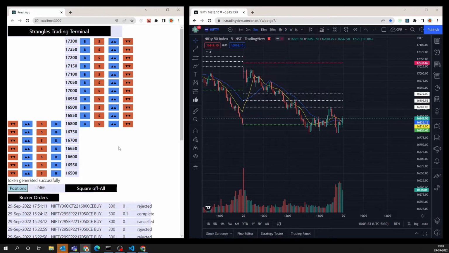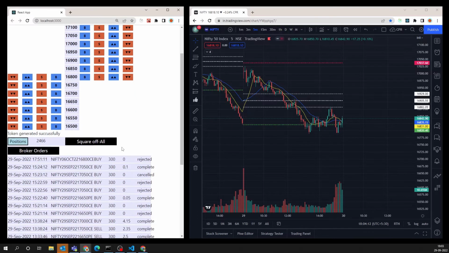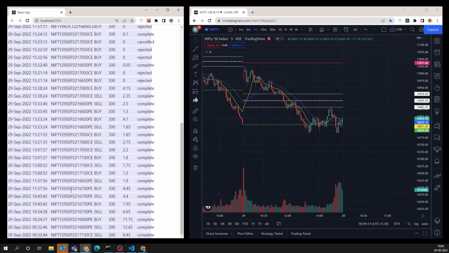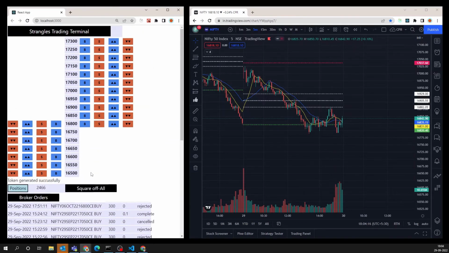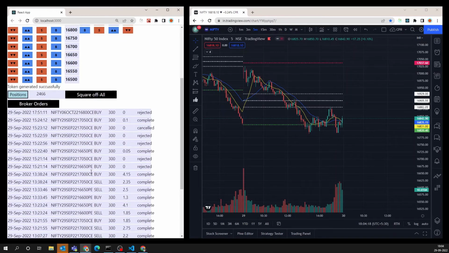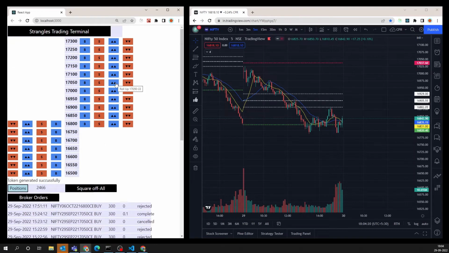This particular trading terminal, I would probably do one more video about what the technology stack is, how it has been developed, and how it uses Smart API. I will try and cover all those points. But the problem this tool solves is, we all know as an option seller, you need to do these roll ups and roll downs as quickly as possible to avoid slippages, right? And this is where this tool comes into play.